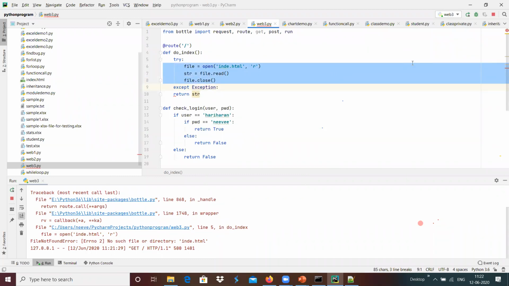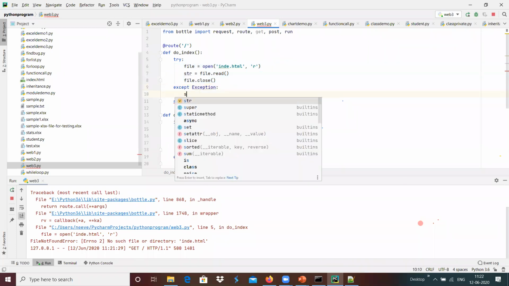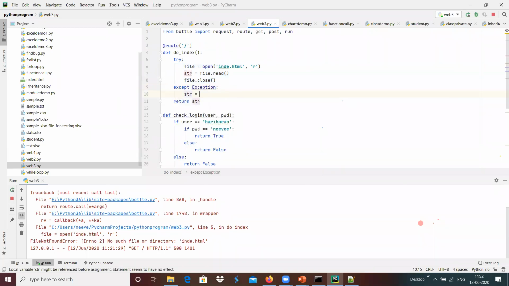In case an exception occurs, a string equals server is down for maintenance over here.